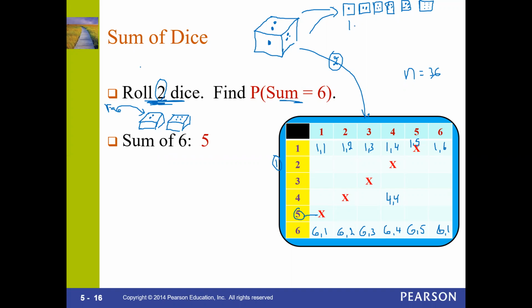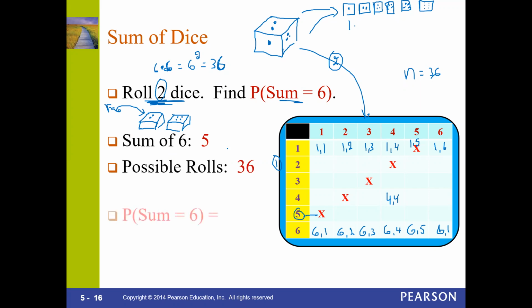So how do you get the 36? Because you got 2 dice, you can just say this is 6 times 6. Just multiply them. That's gonna give you 36 options. That's how we got the 36. Or you can just do it visually. So the number of possibilities will be 36 in total. So the probability to have a sum of 6 each time, if you count them, is gonna be 5 out of 36.